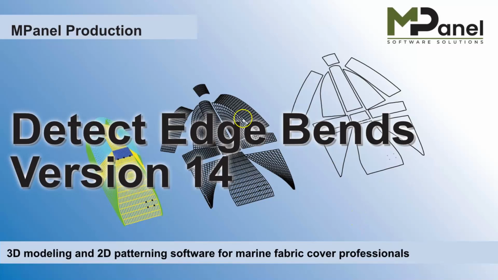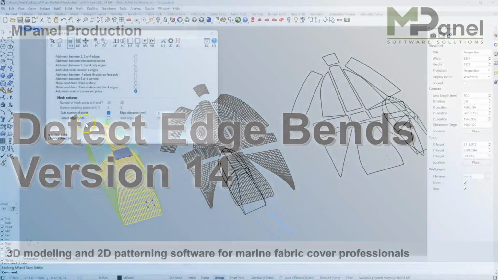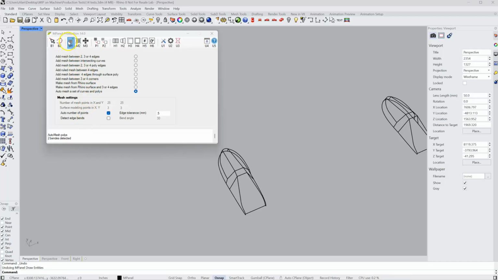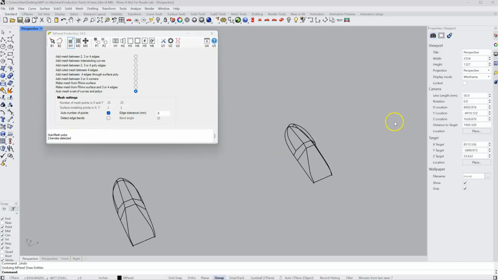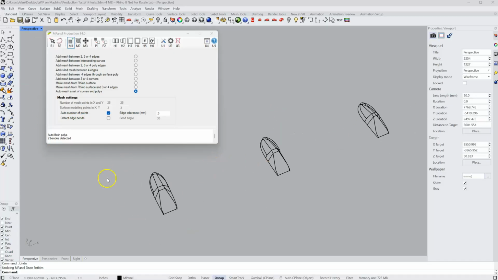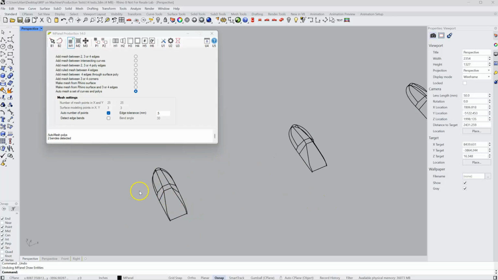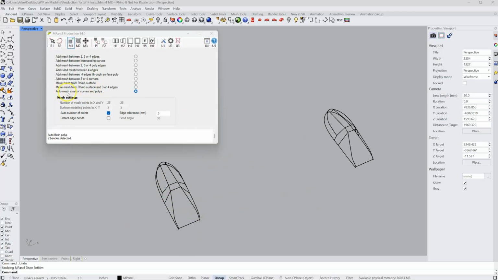In this video, we're going to explore the new feature released in version 14 of MPanel Production to detect edge bends. Now, to demonstrate this, I've got 3 copies of basic boat geometry. I'm going to use the Auto Mesh tool, and I've got the mesh number of points also set to automatic